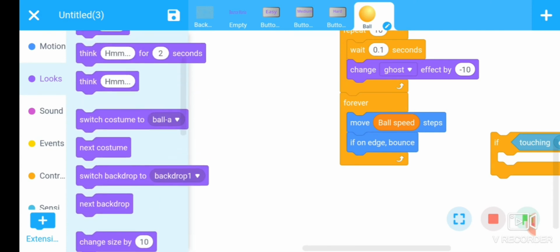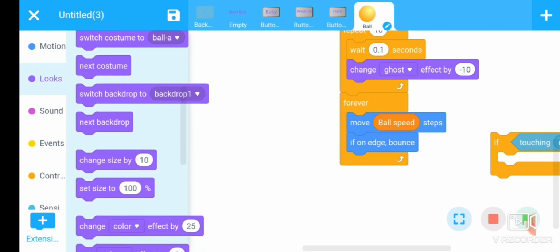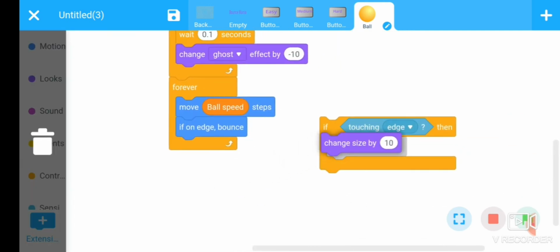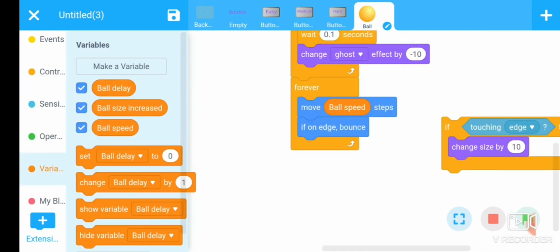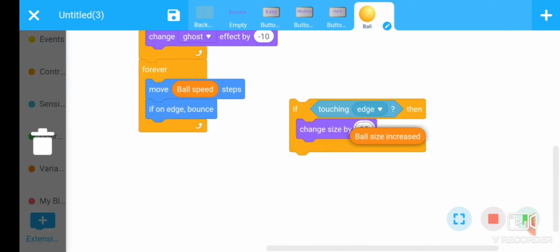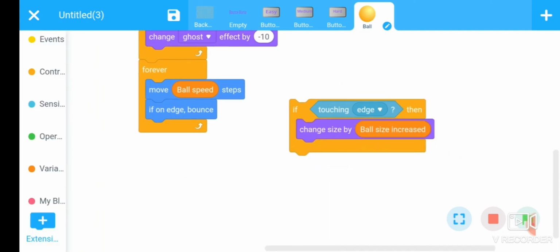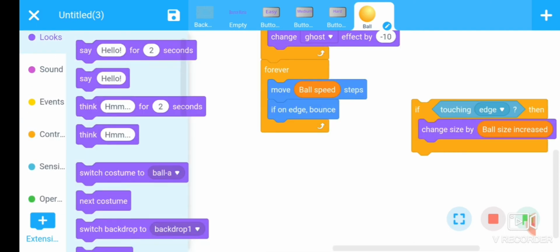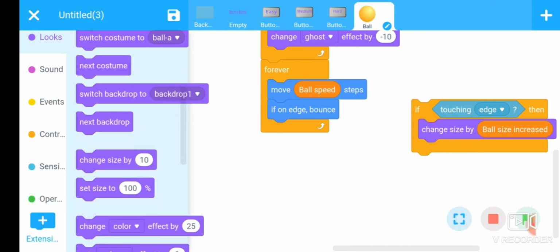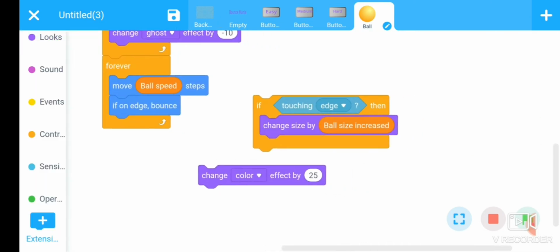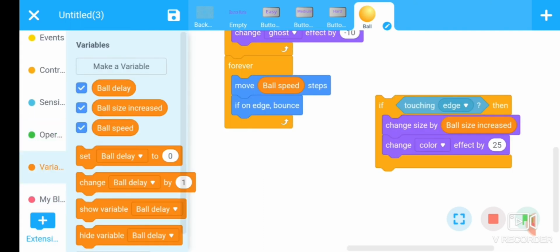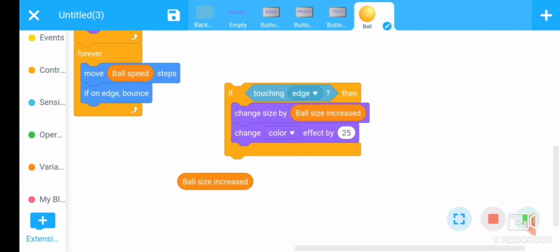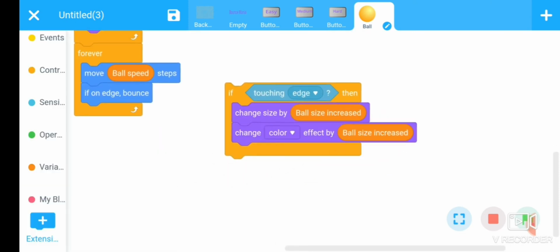Change the size. Here we have also designed a variable that defines the ball size for different levels. Also we want to add the color effect here. So there is a command, change color effect, and also we want to increase the color effect by ball size.